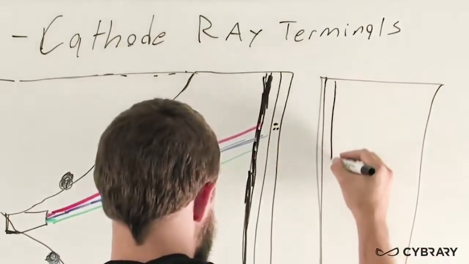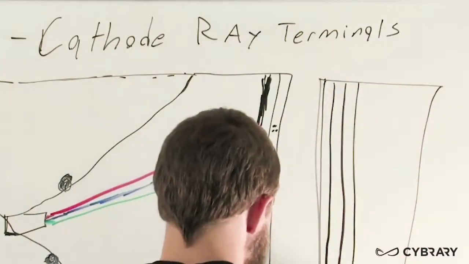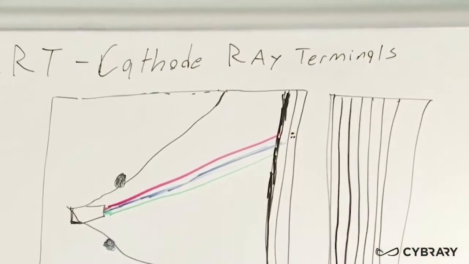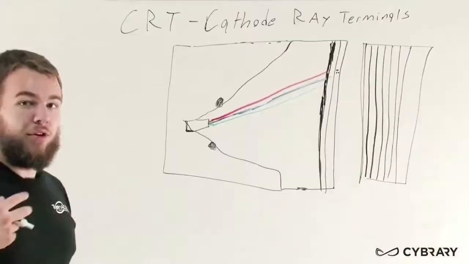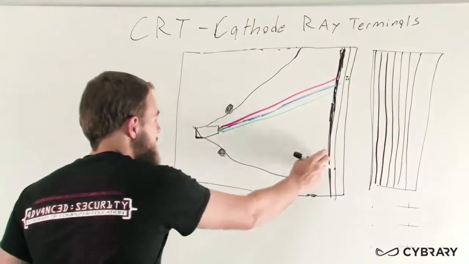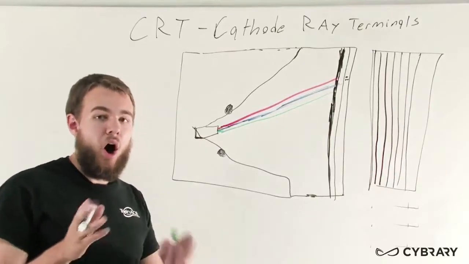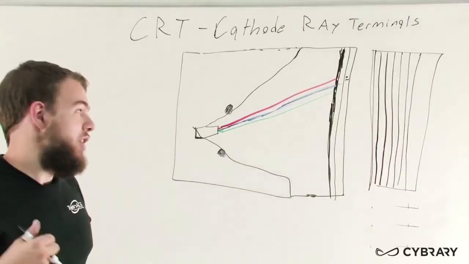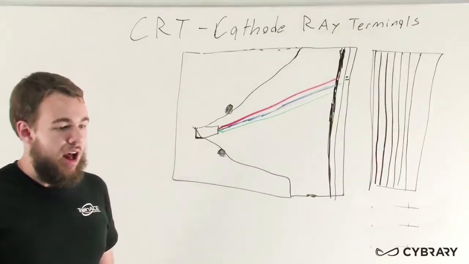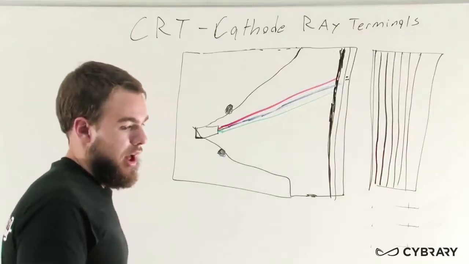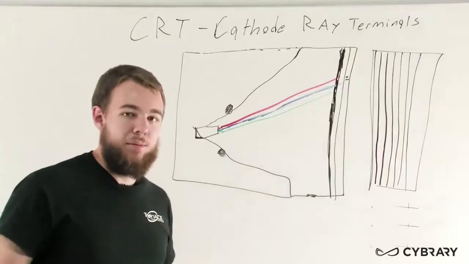Thin vertical strips in our metal essentially prevent stray beams from causing issues on our screen. The electron beams aren't perfect. Depending on what we have sitting around our screen, if there are additional magnets or if this shadow mask becomes slightly magnetized, the beams can get a little bit off kilter. In order to prevent them from hitting our screen and creating a distorted image, there's this aperture grill, which are these thin vertical metal strips,